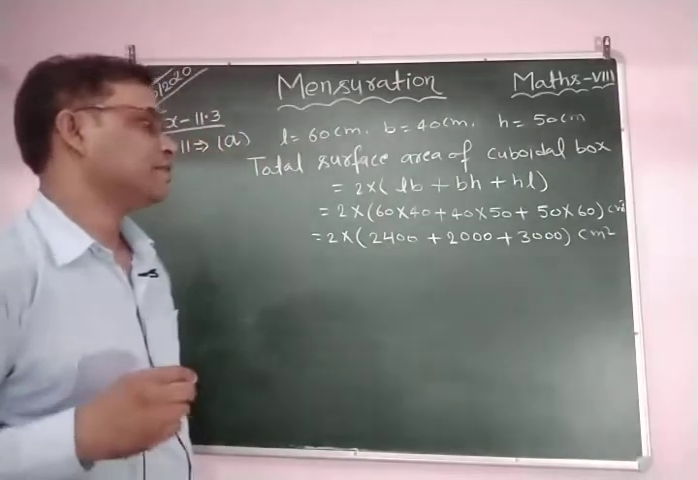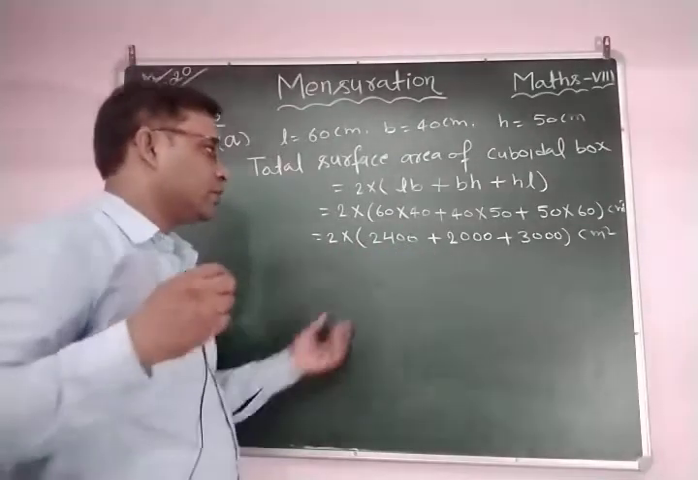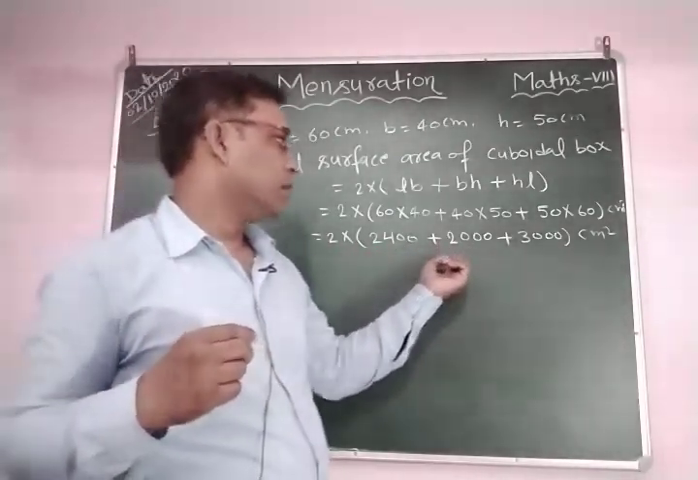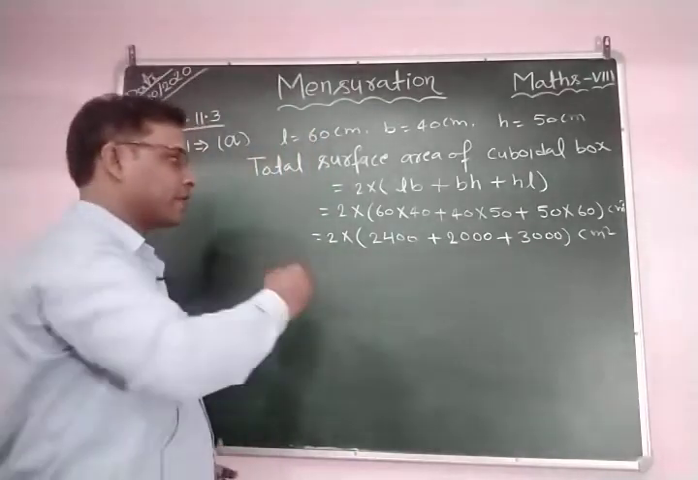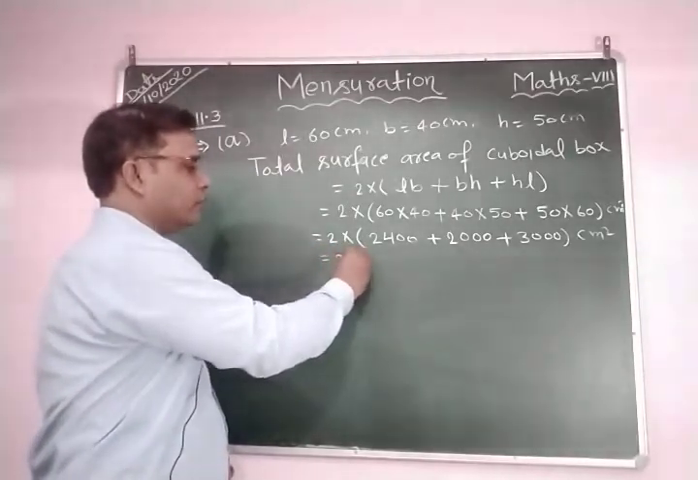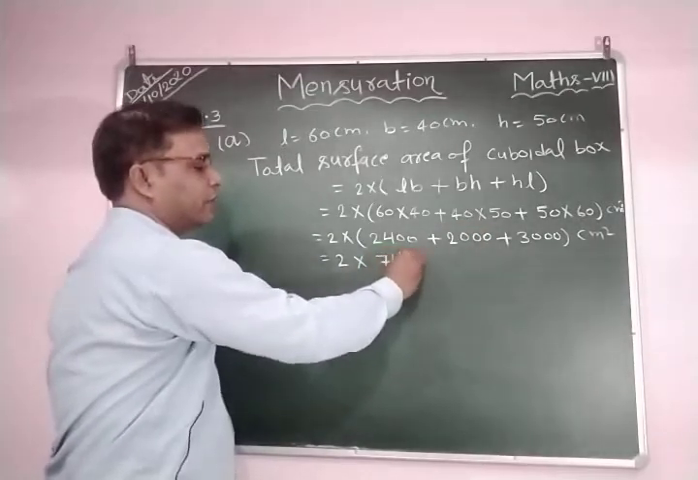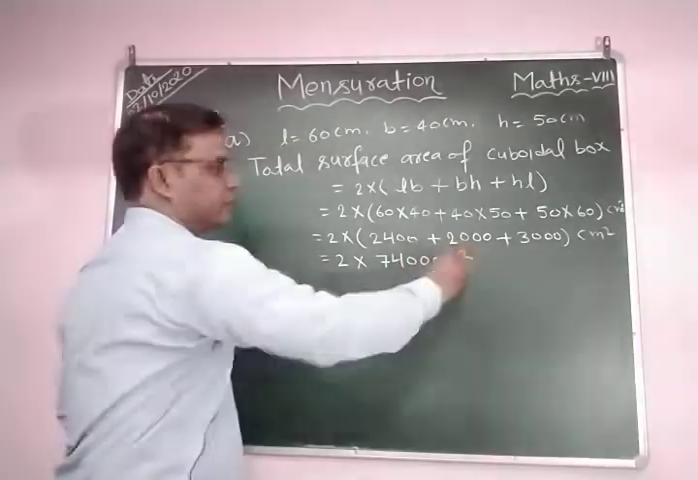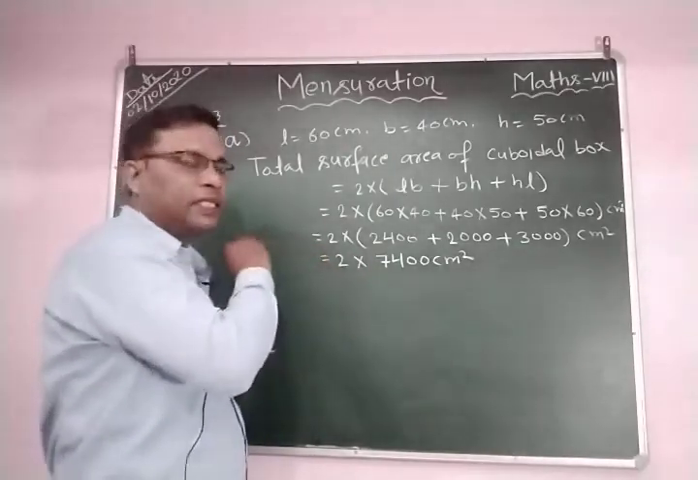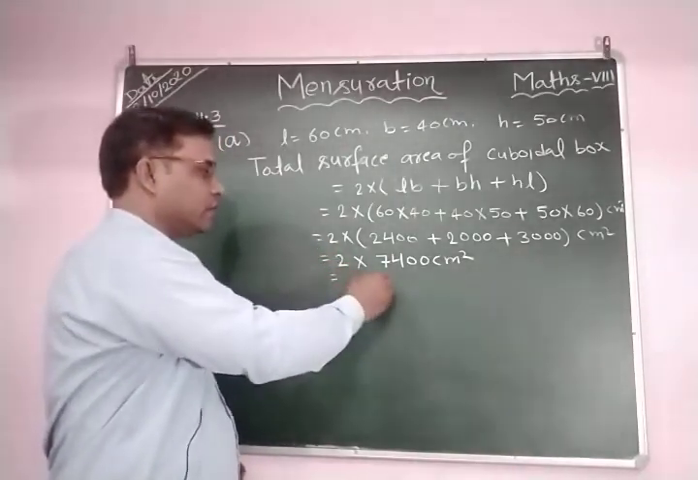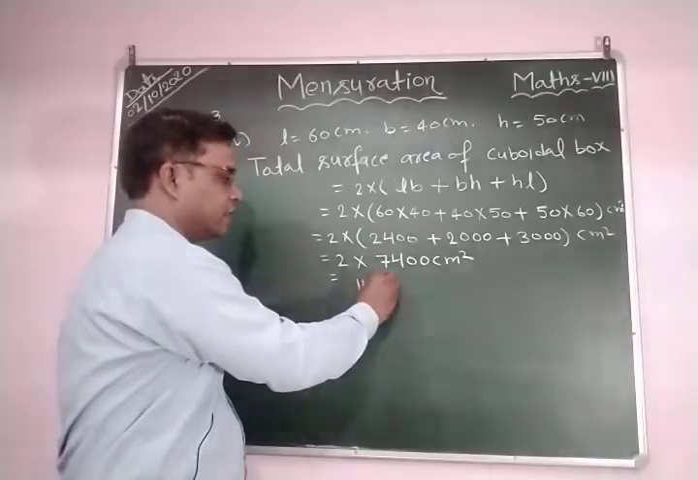Now add them: 2400, 2000, 3000. If you add them, we obtain 7400 centimeter square. Clear? Now when you multiply this by 2, we obtain the TSA of cuboidal box A, which is equal to 14,800